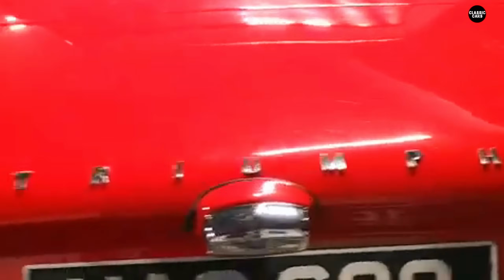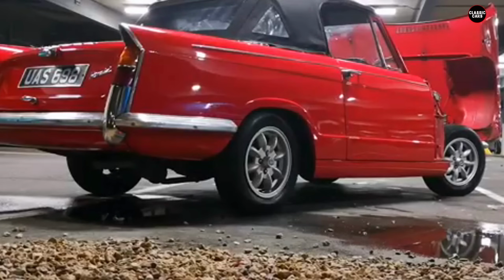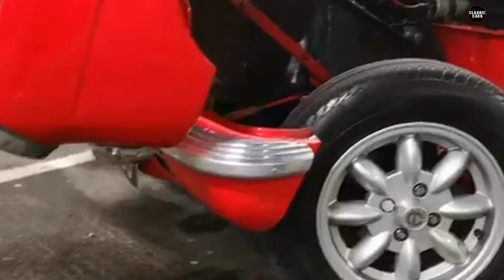In conclusion, the Triumph Herald was a car that had a lot of potential but struggled with some serious flaws. Its distinctive design and the convertible option gave it appeal, but its poor handling,